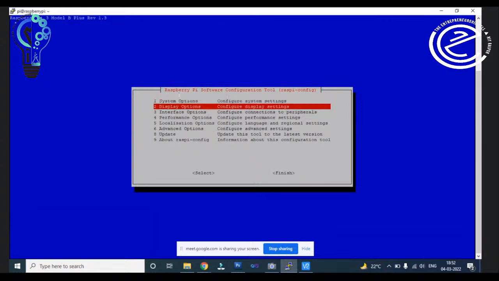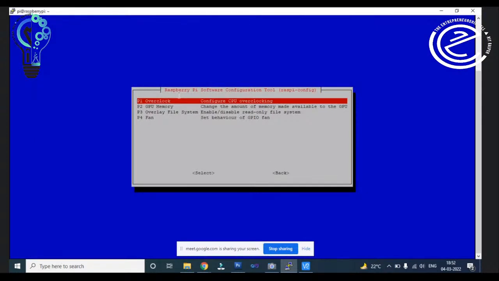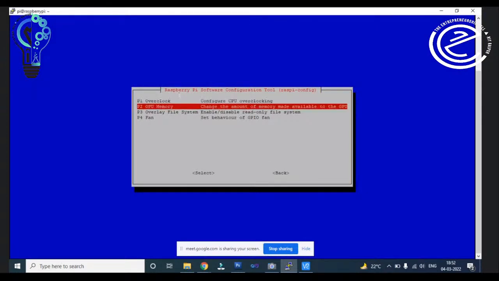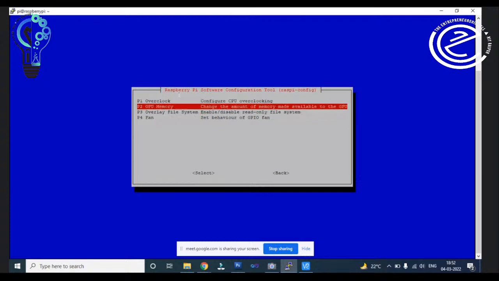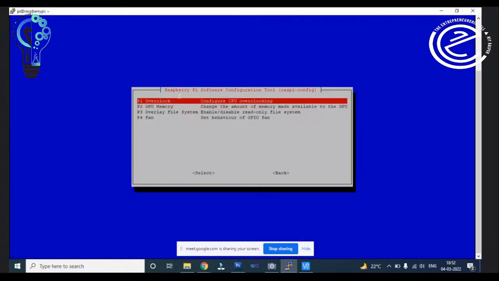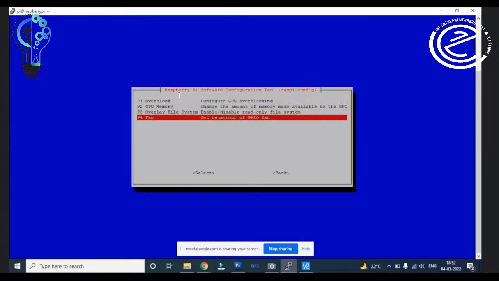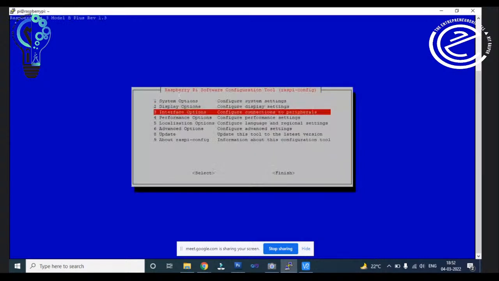I will go back. Then we have performance option. You can see the fan, if you are using a fan with the cover of this board, then GPU memory, overclock, right? So these are the system settings, we don't need to touch these settings.